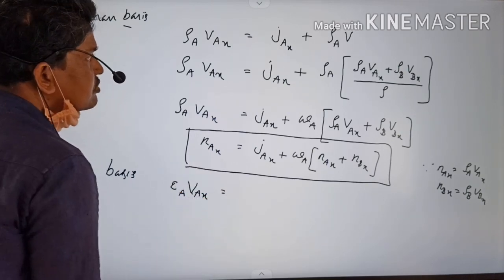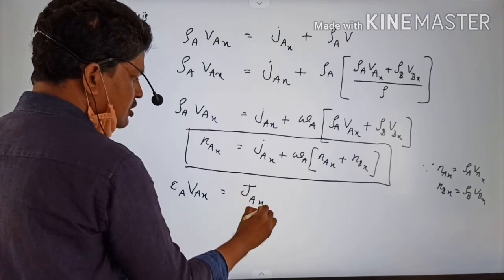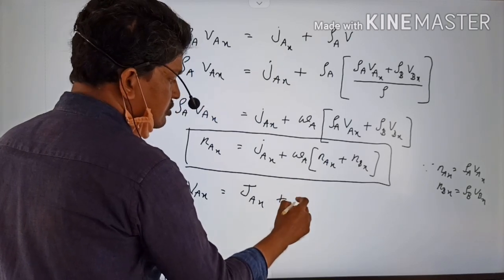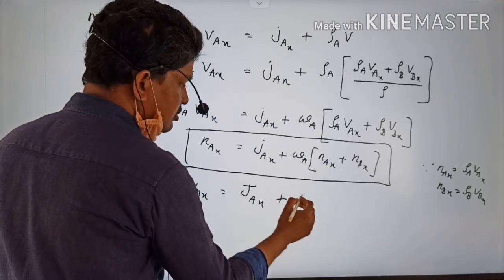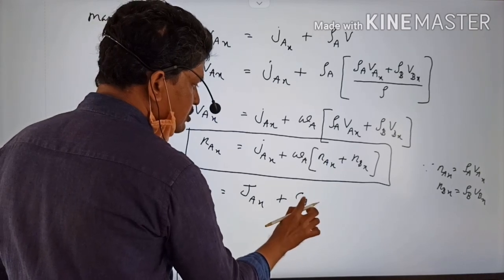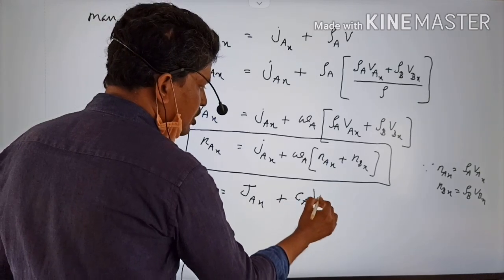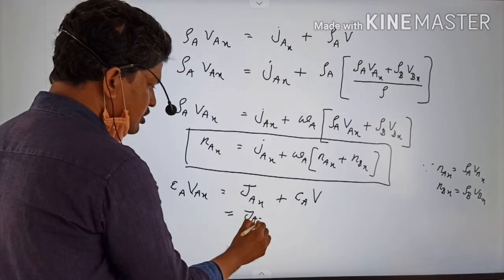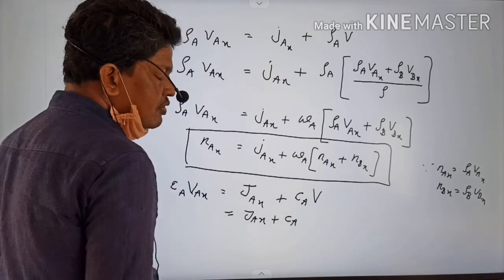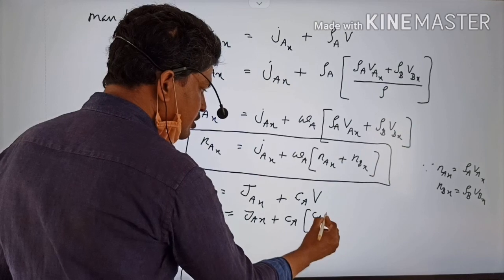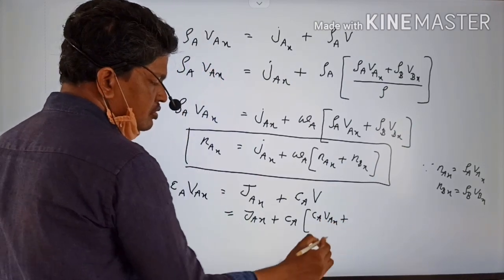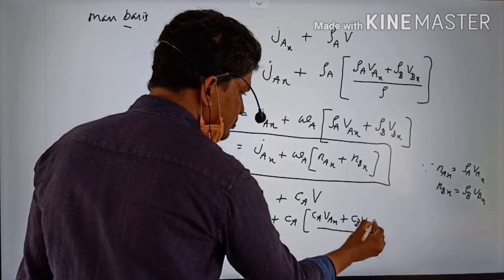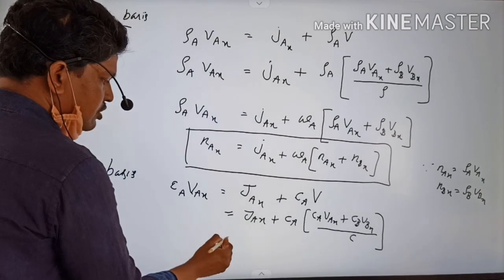Vx is equal to Jx, the diffusion, molar diffusion flux, plus the flux due to bulk motion, that is Ca into the molar average velocity. Then the molar average velocity can be written as Jx plus Ca into molar average velocity, which is equal to Ca Vax plus Cb Vbx by C, which is equal to